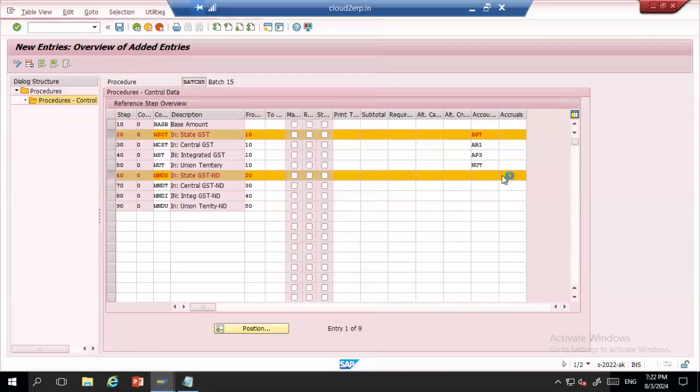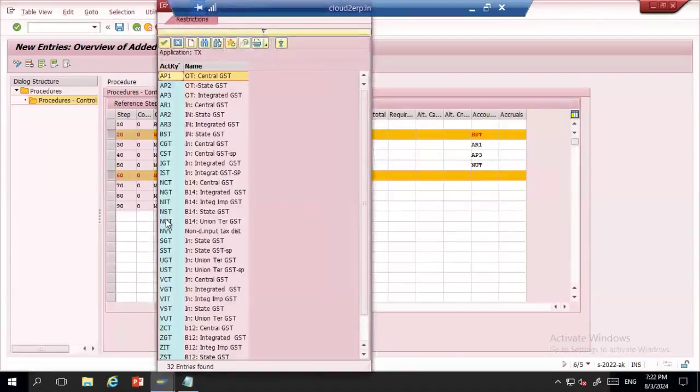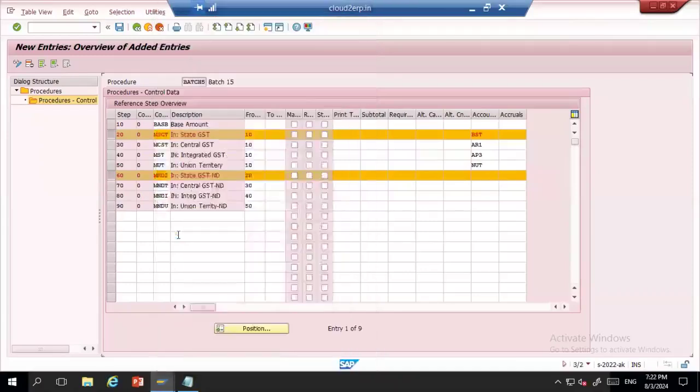And for non-deductible, you can maintain a single account. So it should be NBB, non-deductible tax. Maintain the same for all of them. Okay, you can save. So this is how you are going to create the tax procedure for the tax configuration.